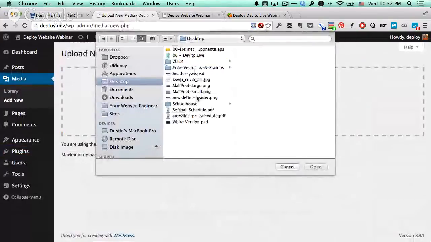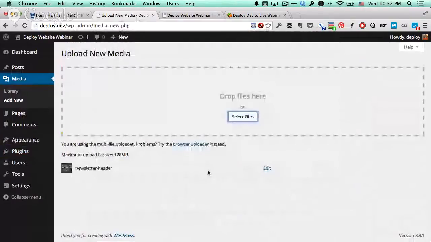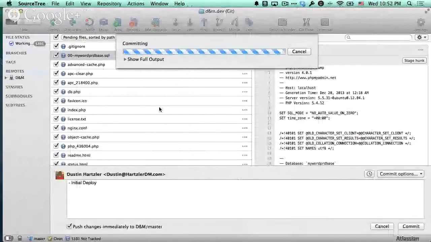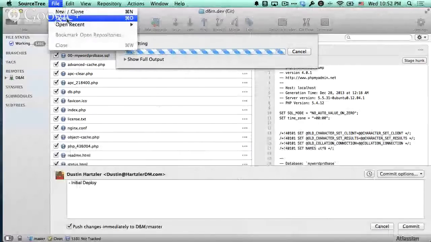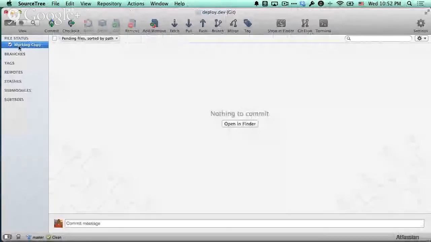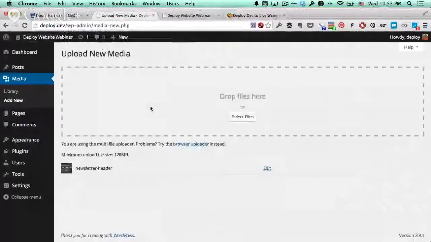We'll use my new newsletter header. We can go ahead and upload this, and when we upload it, I haven't connected it to any page or post or anything like that. But if I go over to, and this isn't the right one, we want to open the one that we had open, this deploy.dev, and we can go to our working copy, and it should show, and I don't know why it's not just at this second, but that image is now in